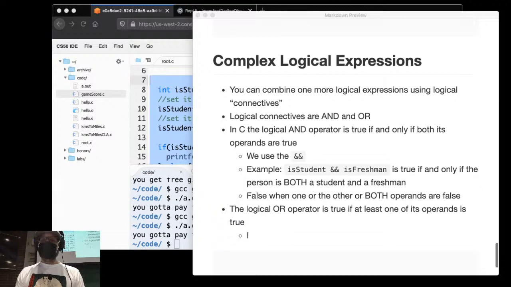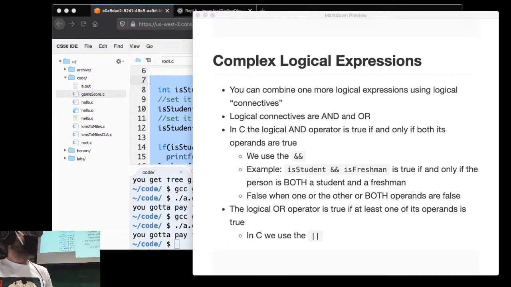Right? In C, we use the, oops, sorry, I didn't hit my shift button there. Does anybody have a name for those? Does anybody know what those are called? They're on your keyboard. They're right above the backslash. You have to type the shift and then the backslash to get